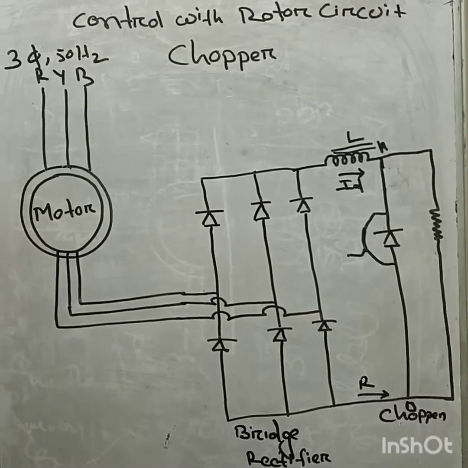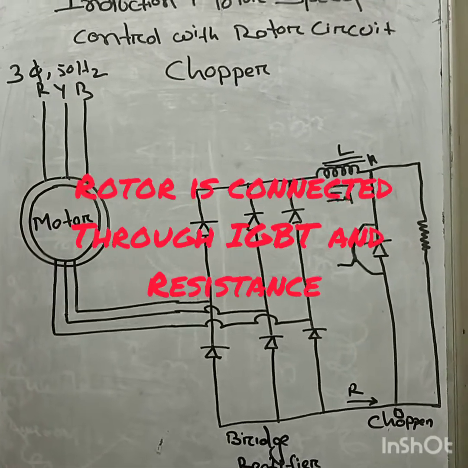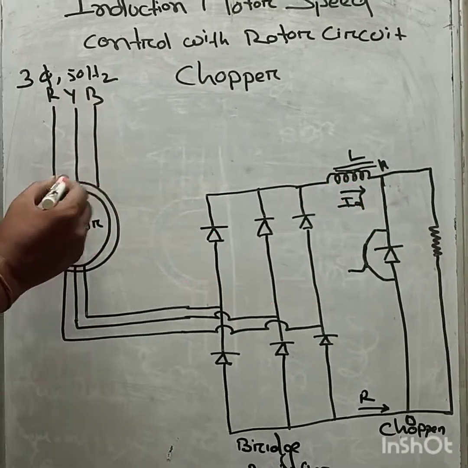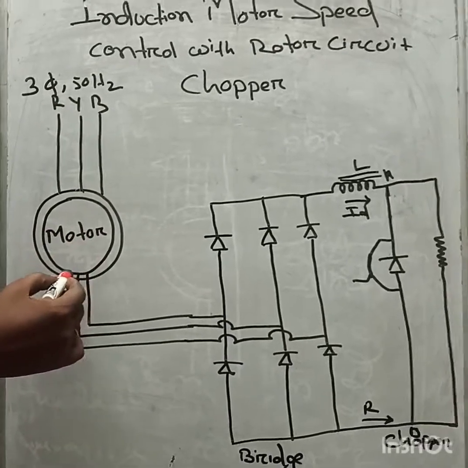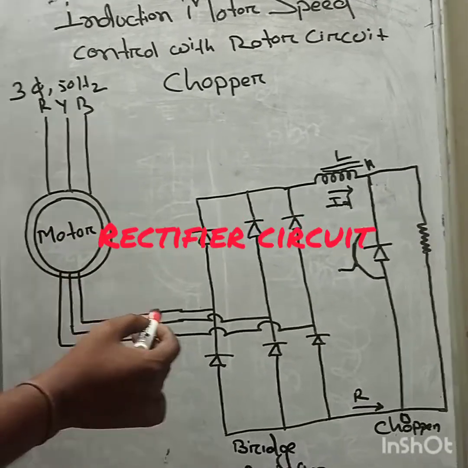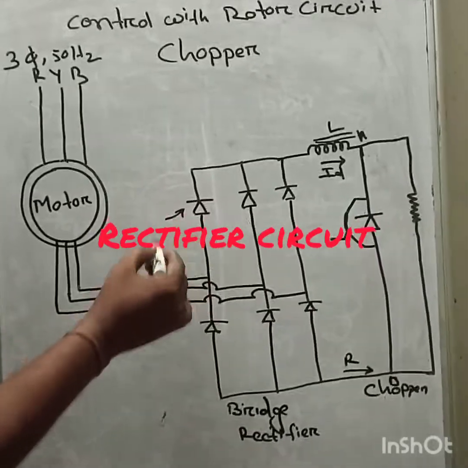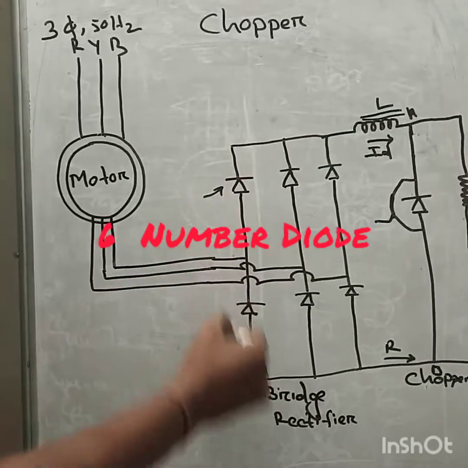the diode bridge diode and a chopper. You can see in the drawing, this is the motor. The stator is directly connected to three-phase supply 50 hertz, but the rotor is in a star condition. Three phase will come out and we put a diode. These are all diodes, and we put 6 diodes to make a bridge diode, and this is a rectifier